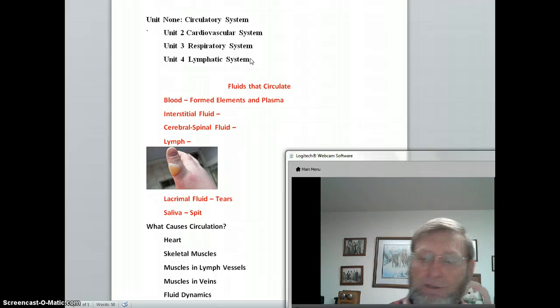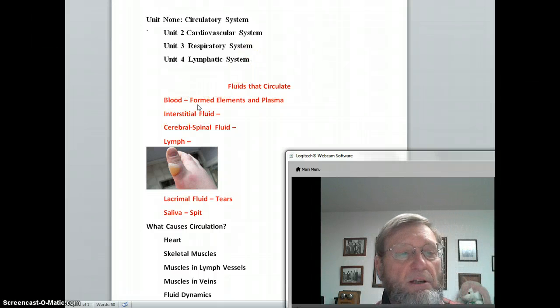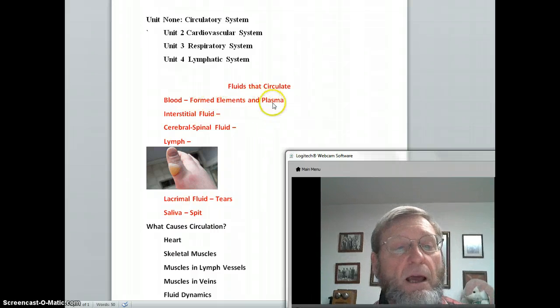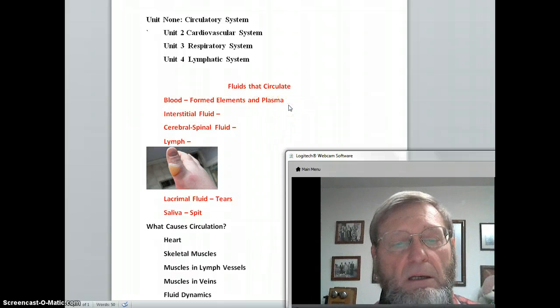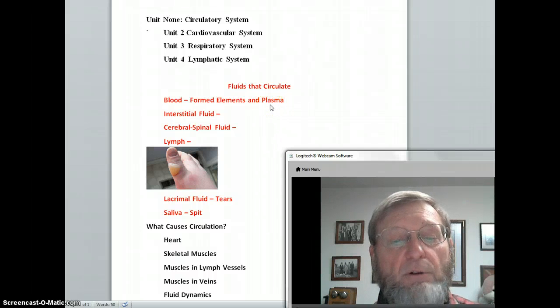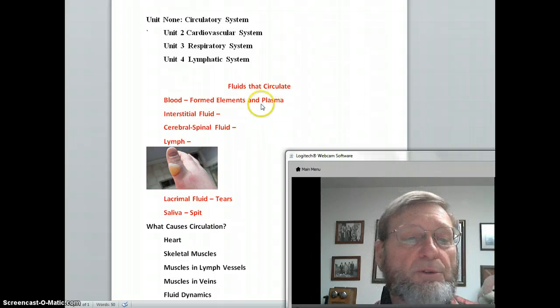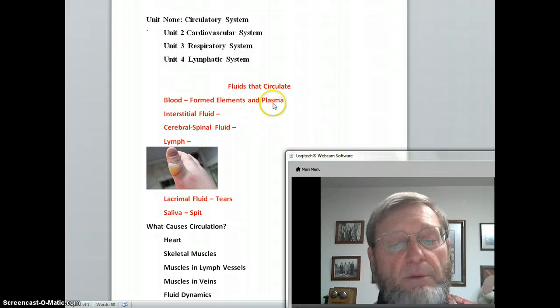So what are the fluids? Well, blood is the main one that you studied last week, and it consists of red cells and white cells and platelets, and plasma, which is like Gatorade, only better. It has more good stuff in it than Gatorade. Gatorade's primarily electrolytes or salts, and plasma has proteins and glucose and electrolytes, and it's balanced to be perfect for